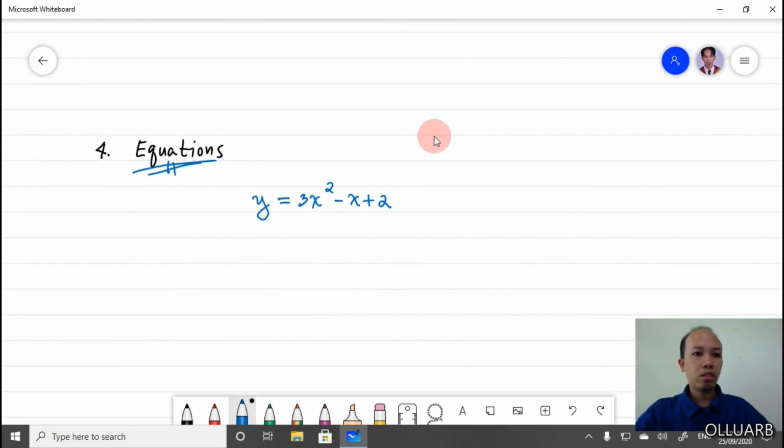So why do we have to take the domain to be the set of real numbers? This is because in order for this equation to have a meaning,